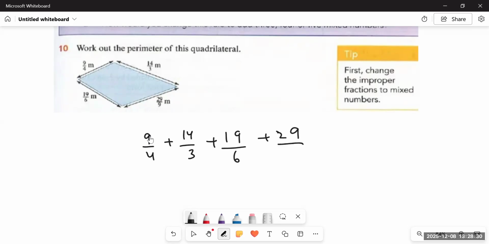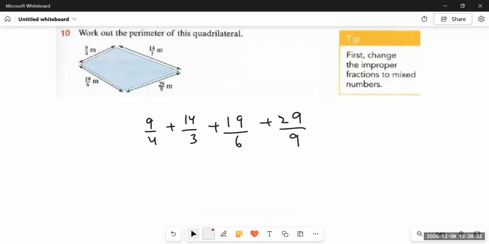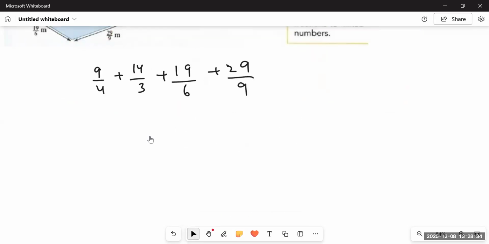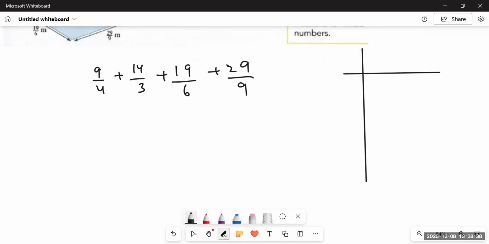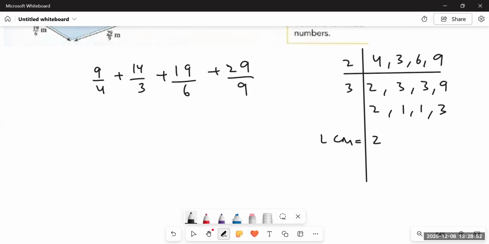So students, you can do it in two different ways. Either find out the LCM of all four numbers together. And if you find the LCM of all four numbers together, it would be, 4, 3, 6, 9. 2 twos are 4, 2 threes are 6, and here comes 9. And then 3 ones are 3, 3 ones are 3, 3 threes are 9. So the LCM would be 2 into 3 and then 2 into 3,